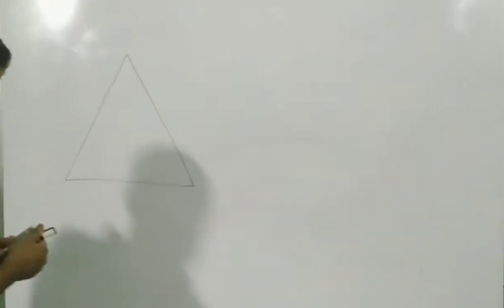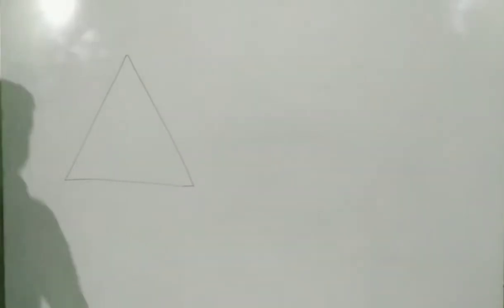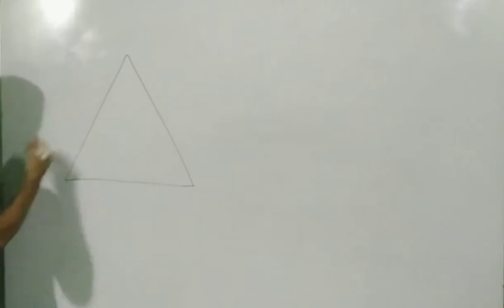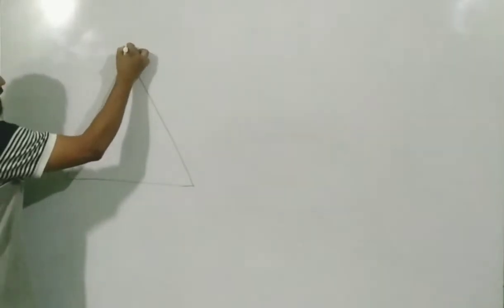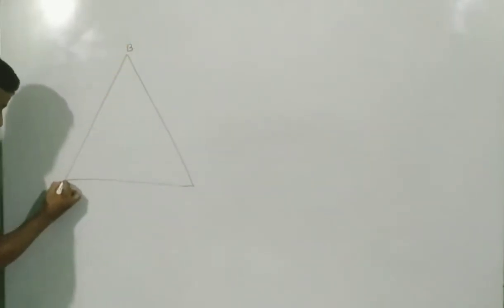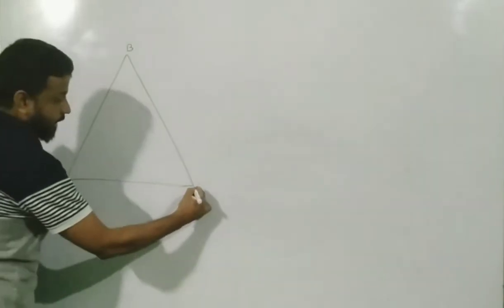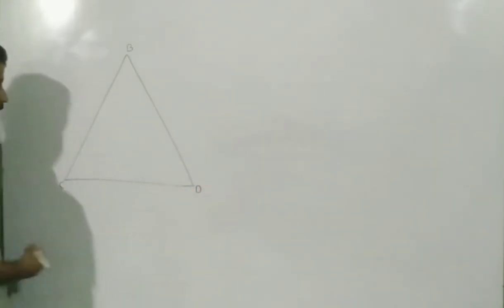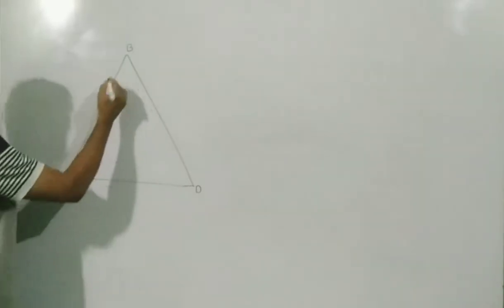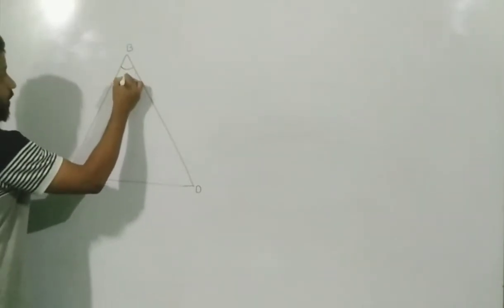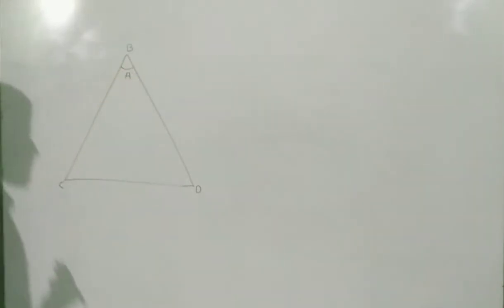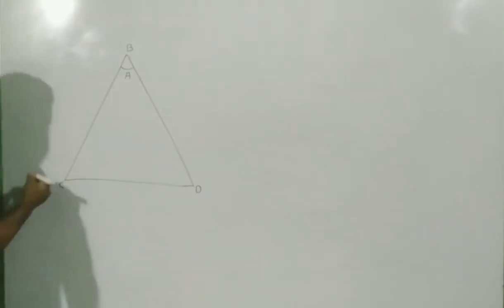Okay, so here is how the refraction starts in a prism. If I consider this to be a prism, let me call it a prism having three sides. Generally we draw it in a triangular form, so let me name the vertices B, C, D. And this angle is called A. We call this the angle of prism. I will come to that angle of prism in a short while.